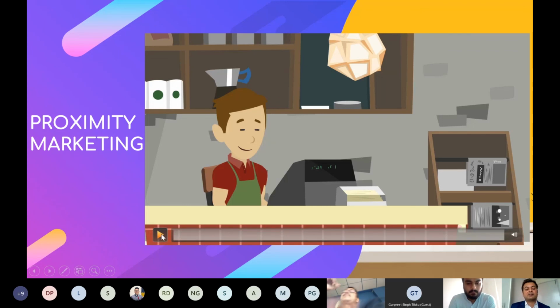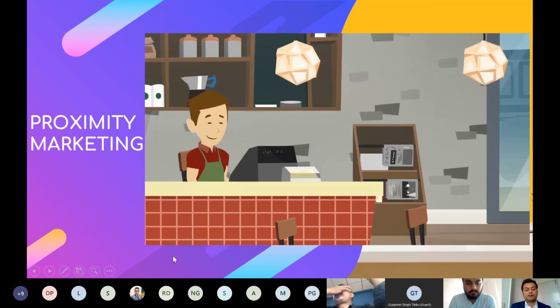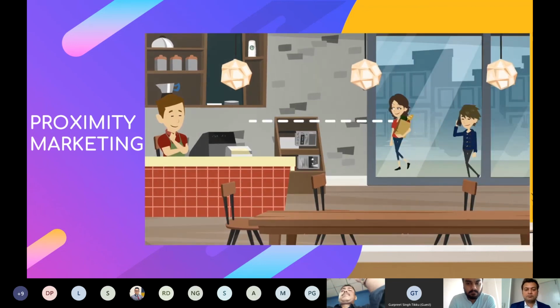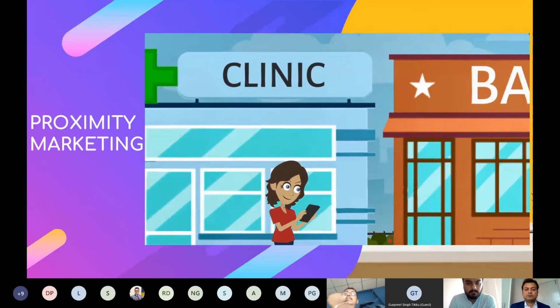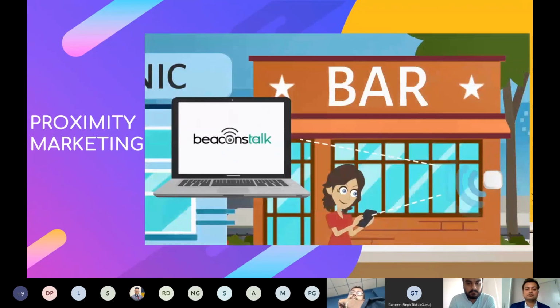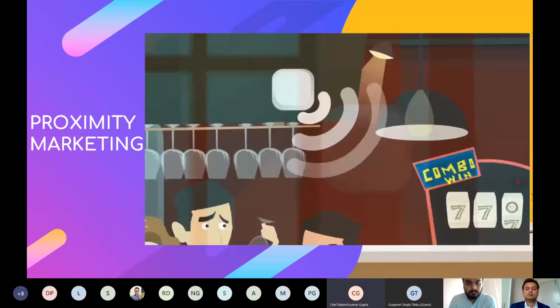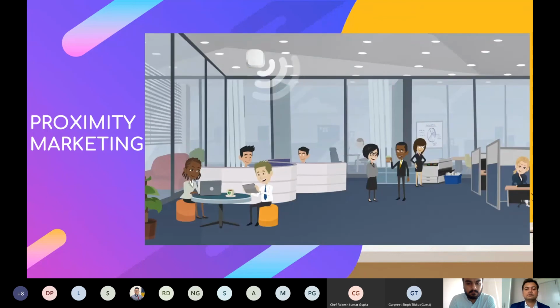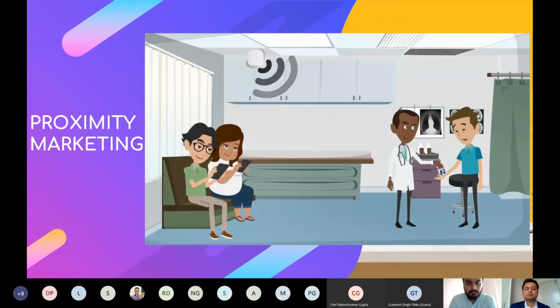how this actually works. Don't you wish that you could reach out to your target audience in real time when they are thinking about buying your products or service or at a place of consumption? Beacons Talk's proximity marketing platform allows you to do just that. Beacons have been placed at social locations such as bars, gyms, malls, office buildings, clinics, and more.